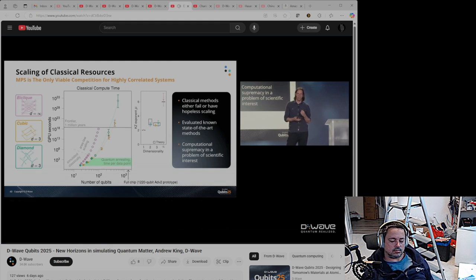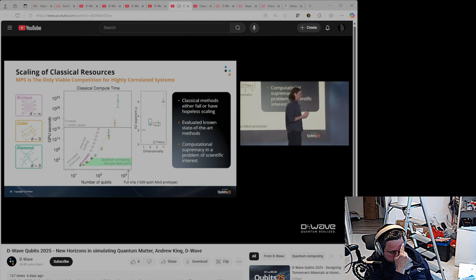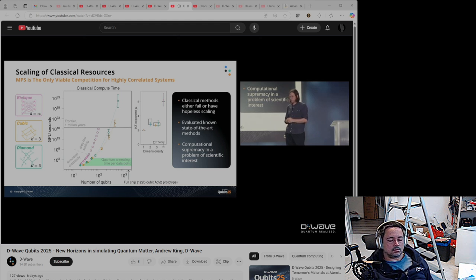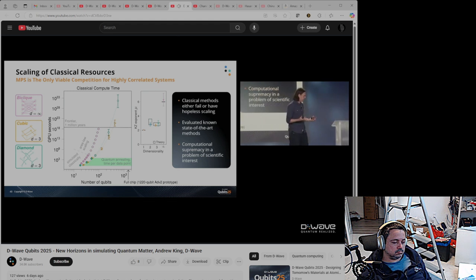Then your solution time will scale exponentially as a function of system size. So it becomes very hopeless very quickly. And we only went up to 500 or so qubits, and we can go much larger now. But even for biclique, cubic, diamond, all of these lattices, it becomes very hopeless to solve these problems with MPS, which is a bit inconvenient because we really want ground truths to validate our results, but we're then in a regime where we don't have these ground truths available. So we need to do an indirect validation.